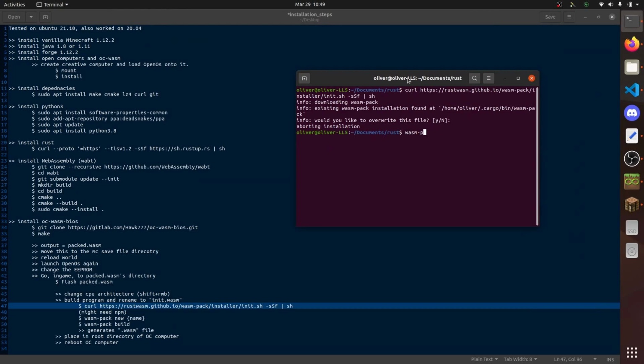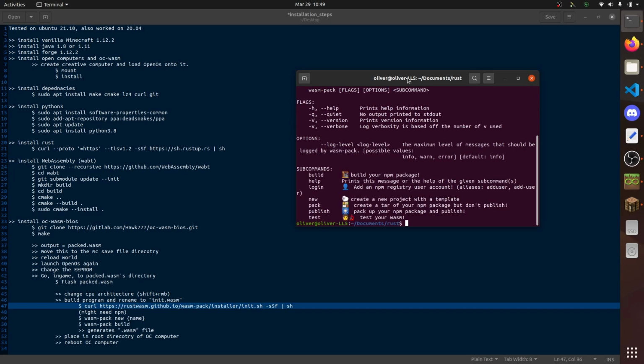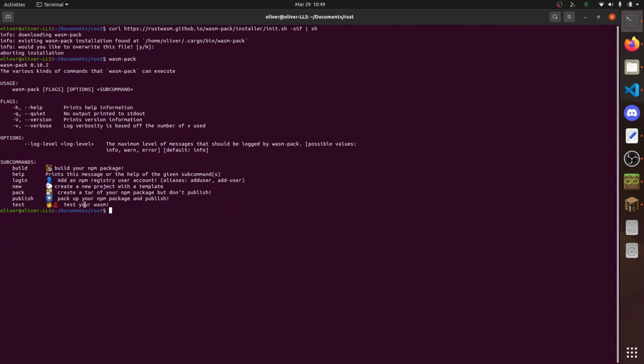Whoopsies. Typing with one hand is hard. wasm-pack. So we can run that command. It shows us all the options, and it even does it with emojis because I guess it's new and fancy like that. But all we're going to do is wasm-pack new, and I'm just going to call mine